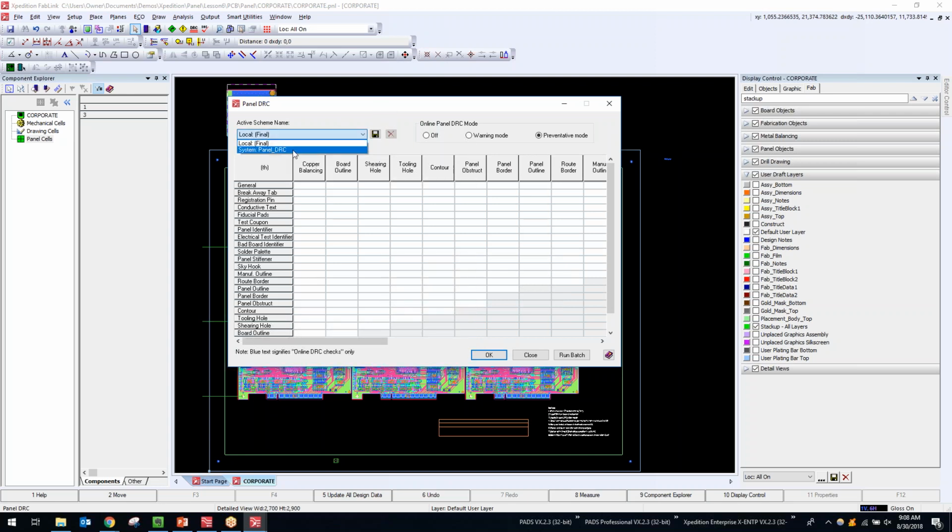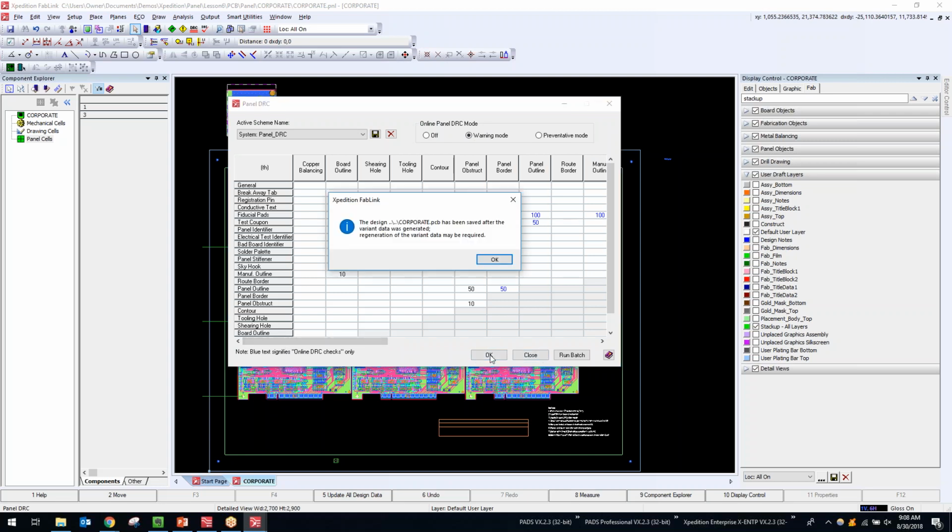Again, I'm going to load a scheme that I have saved, and we'll see that it's named Panel DRC. As soon as I click on this, we will see that a bunch of our clearances are automatically filled in. Okay, so I've got some just very basic 100 mil, 50 mil, 10 mil clearance rules that we want to work with. Okay, so once I hit OK,